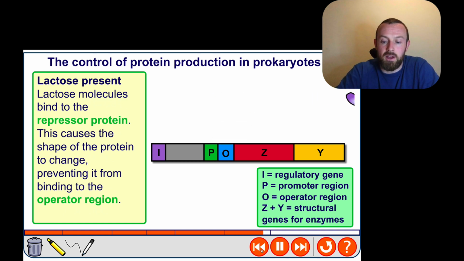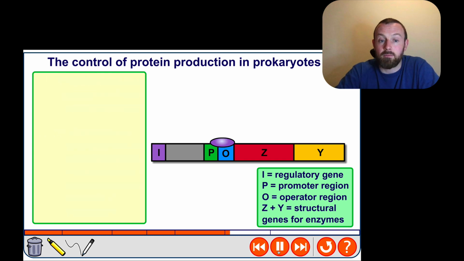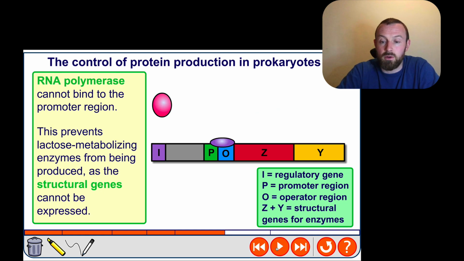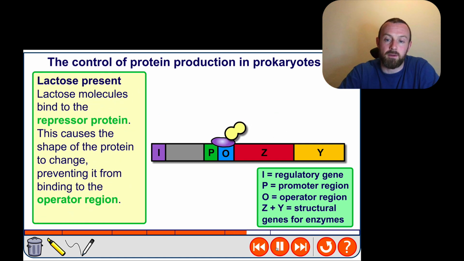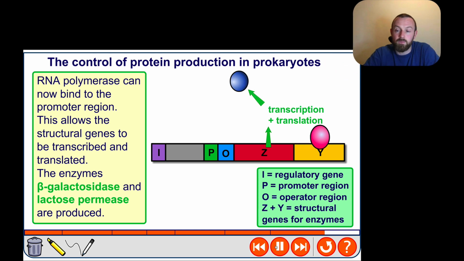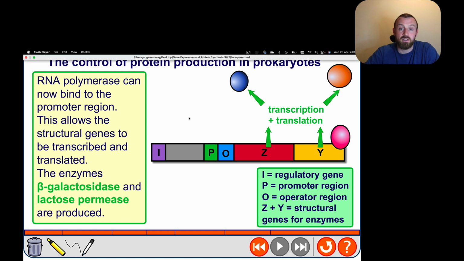Now lactose, I'll show you that again, actually binds to the inhibitor protein. That's this one here, or repressor protein, sorry. And when it binds to the repressor protein, there's a slight conformational change in shape. So the repressor protein falls off the operator. Now the operator is clear, and so is the promoter. So under this circumstance, when lactose is present, RNA polymerase binds to the promoter, and it causes transcription of those genes into messenger RNA, and that messenger RNA is then translated by ribosomes to produce the two proteins. Okay, so that's just a quick recap